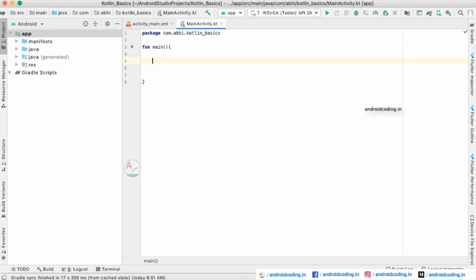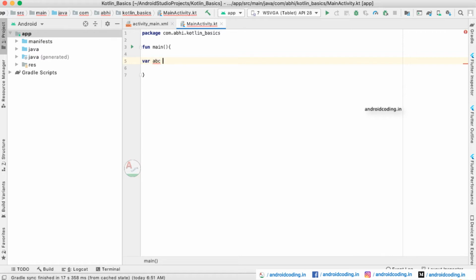There are two ways of declaring variables: one is mutable and the other is immutable. The mutable way of declaring a variable is by using var, and we can provide any name for the variable.